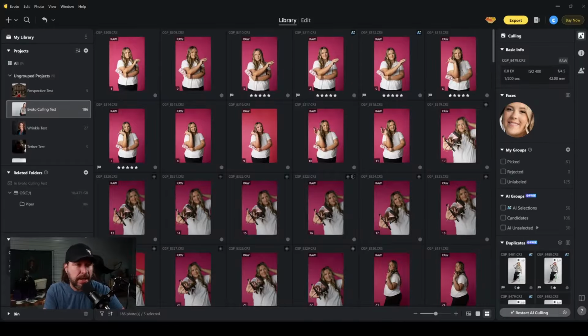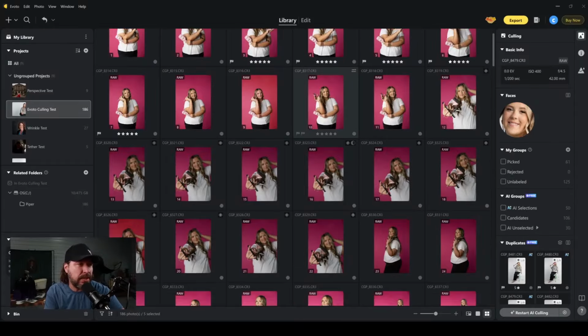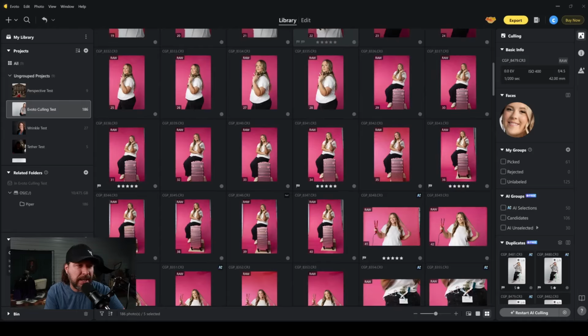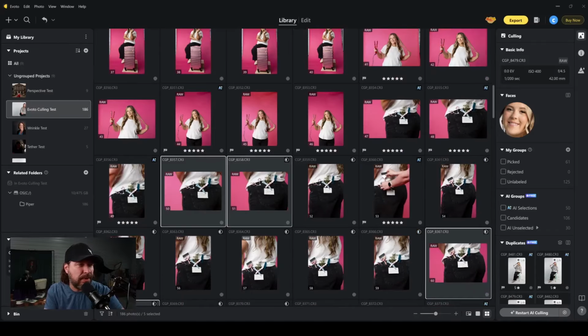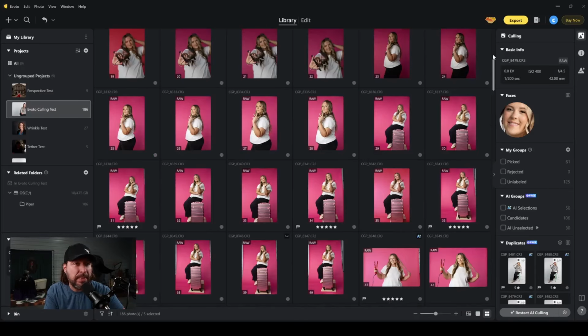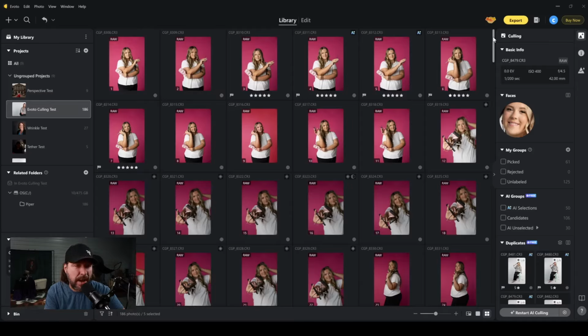So here it is. In here, I loaded this shoot. We did a kind of a branding shoot for a girl who's getting into cosmetology. So we did a lot of really fun stuff. We did some on a pink background. We did some on kind of plain white. So I wanted to send it through. I think there's like